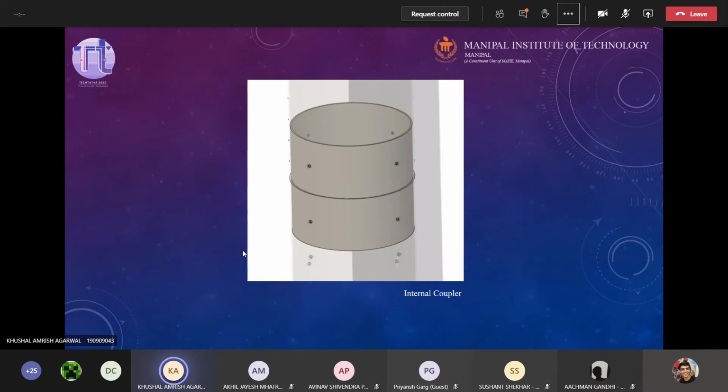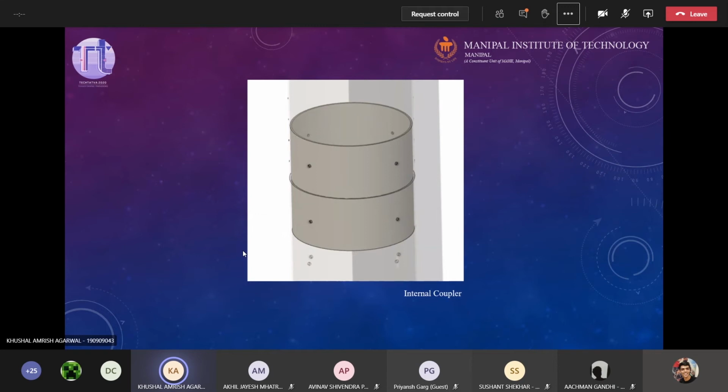This is because internal coupling is a bit difficult to assemble, because we need to get to the internal parts of the rocket, and then we have to bolt it from outside, which is tedious work. So to tackle that, we have an external coupling option where you could have the exact same coupler, but it is external to the rocket.